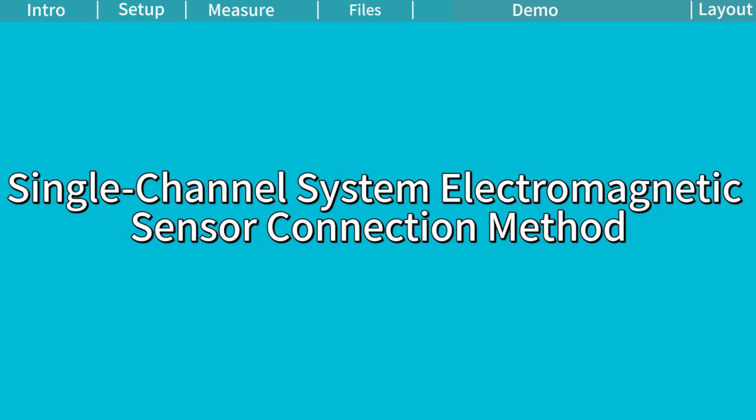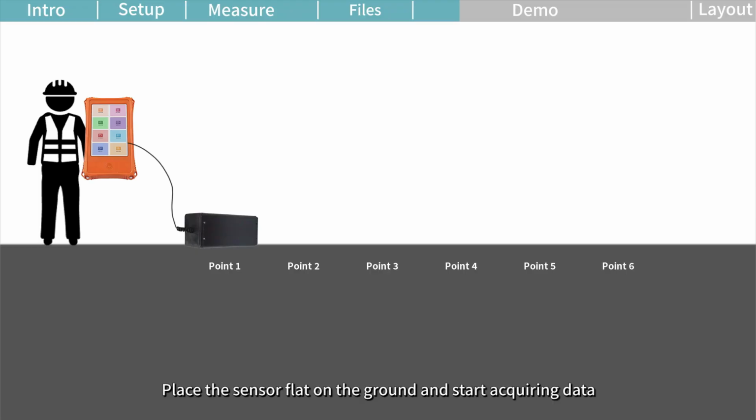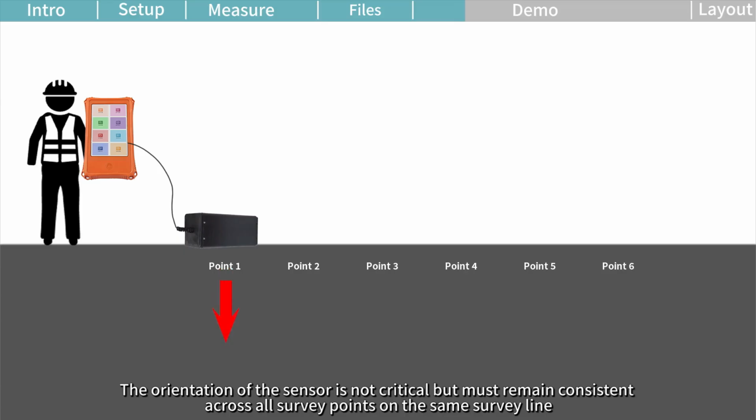Single Channel System Electromagnetic Sensor Connection Method. Connect the sensor to the main unit. Place the sensor flat on the ground and start acquiring data. The survey point is directly beneath the sensor. The orientation of the sensor is not critical but must remain consistent across all survey points on the same survey